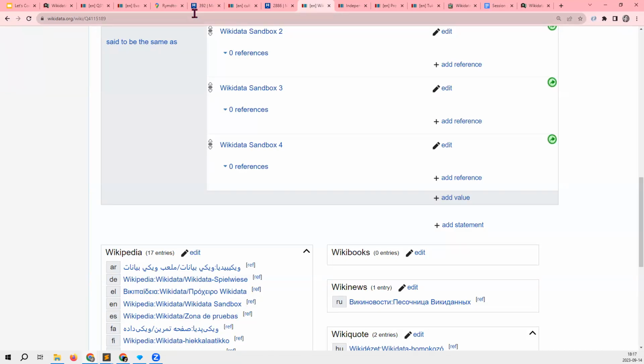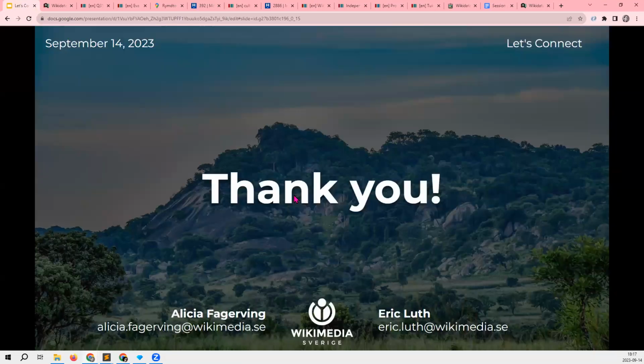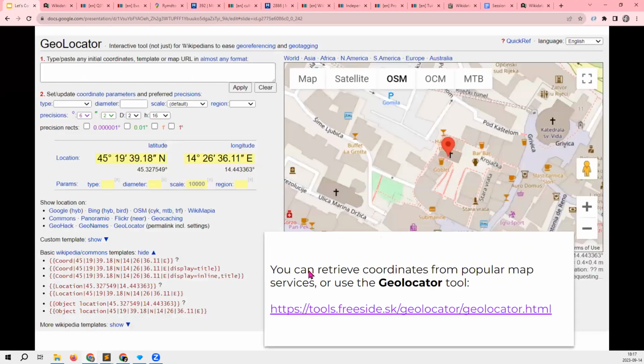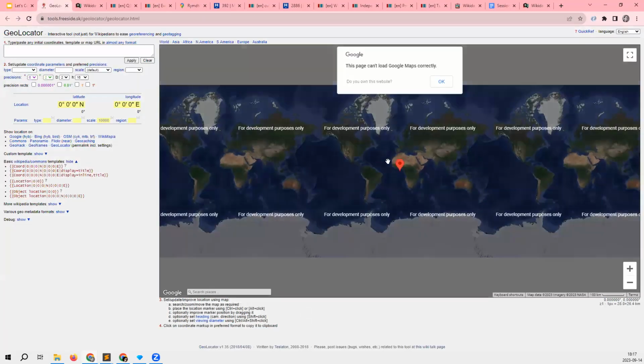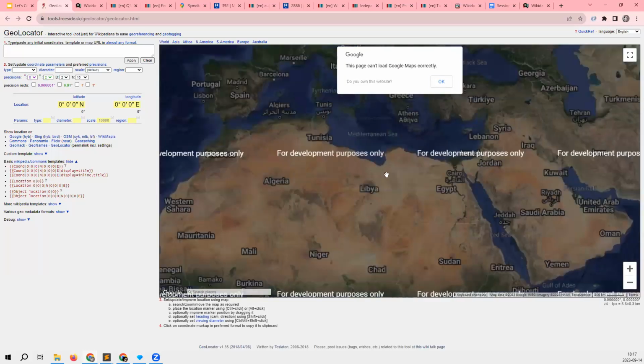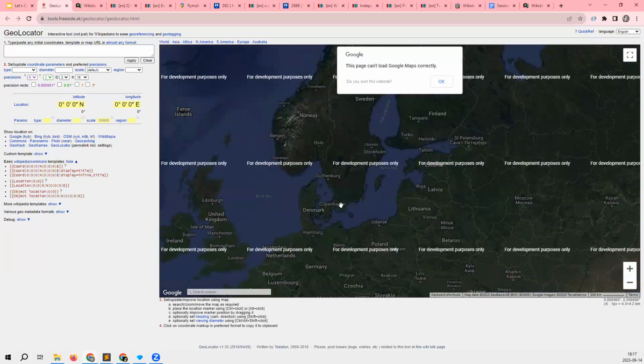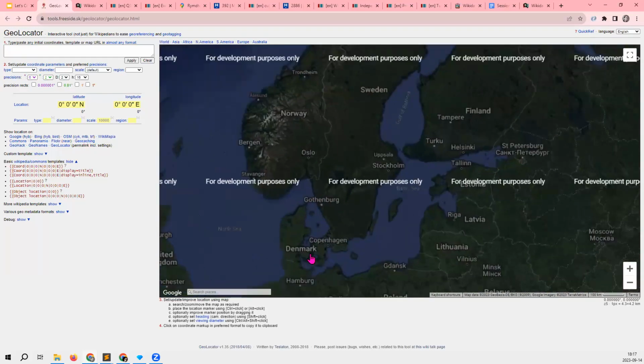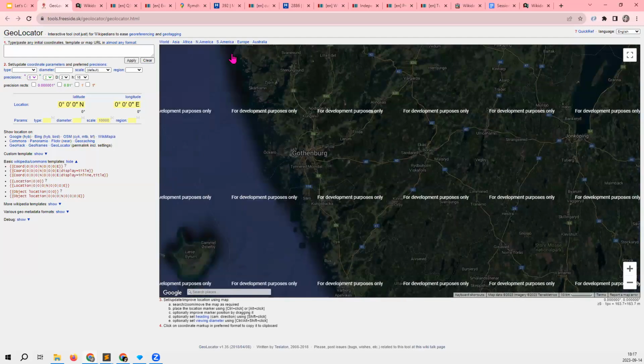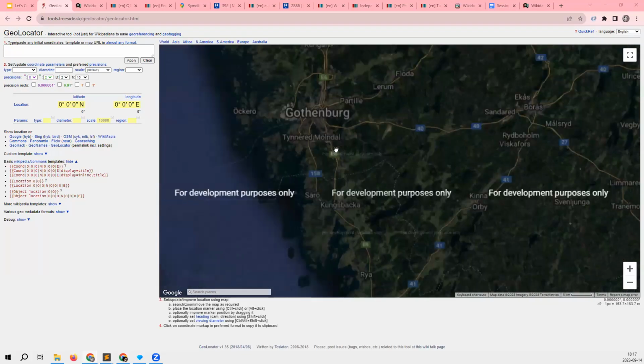Oh, I love it when I know visually where the thing is located. I'll just go there. Why is it? Oh, I think the developer didn't pay for the... There was also an OpenStreetMap link here, but now it's disappeared.